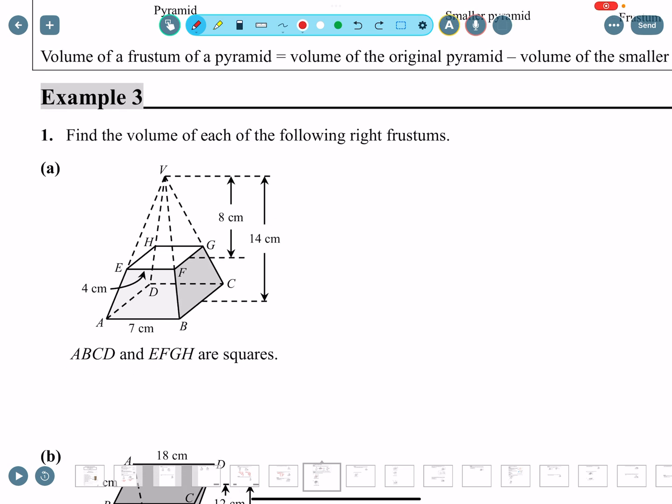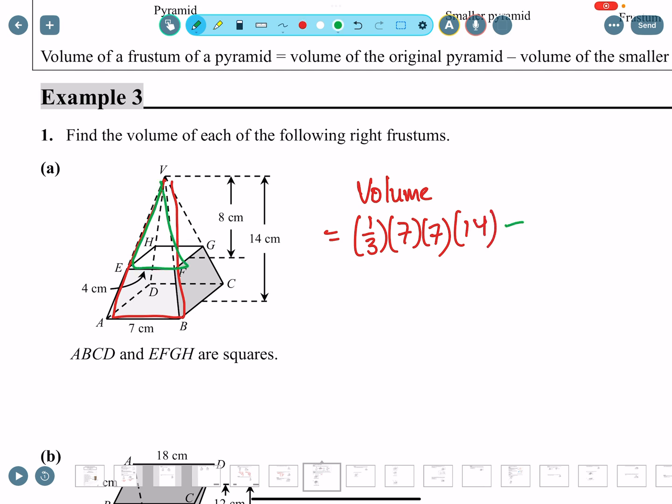I'll do question 8. I don't like separating my steps because you don't like doing that too. I'm going to put it into one step. The larger pyramid is gonna be 1/3 times base area. It's a square, right? So 7 times 7. The base of the larger pyramid is here, 7 times 7, times the height of the larger pyramid, 14,